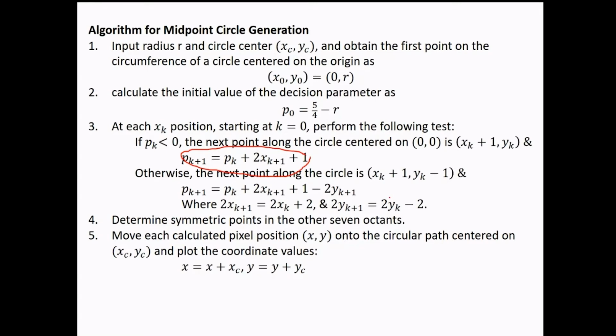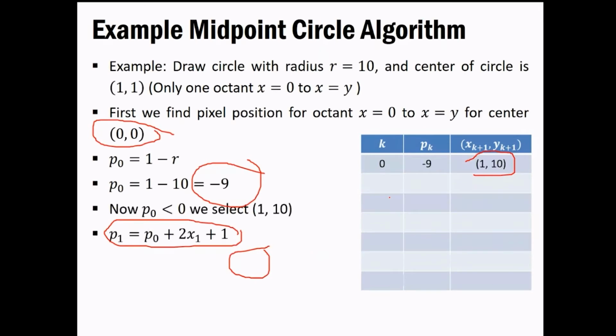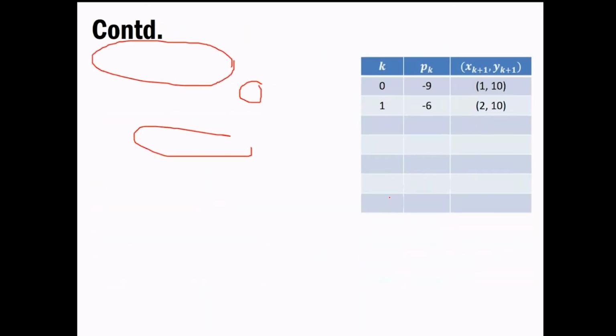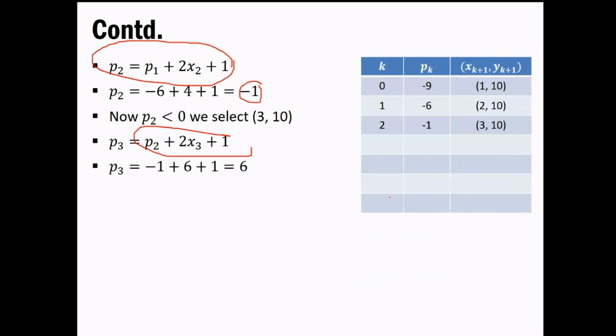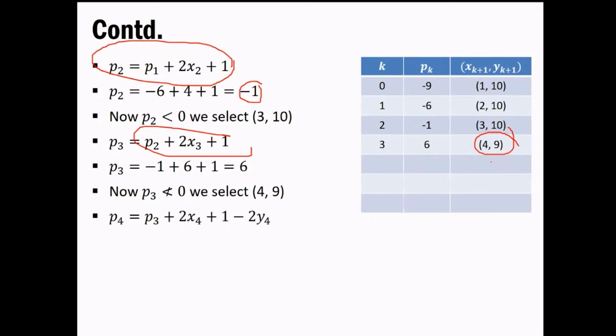In our case, we got a positive value and it is greater than 0. So we have to go in that direction only. You cannot go in any other direction. Based on that, you make the decision: you have to increment the x value and decrement the y value. So similarly you have calculated that, which is 4, 9. Then again, if this condition is satisfied, you have to change the complete equation of the decision parameter. So in this case you'll get a new equation, and that's what you have to consider for the next iteration.